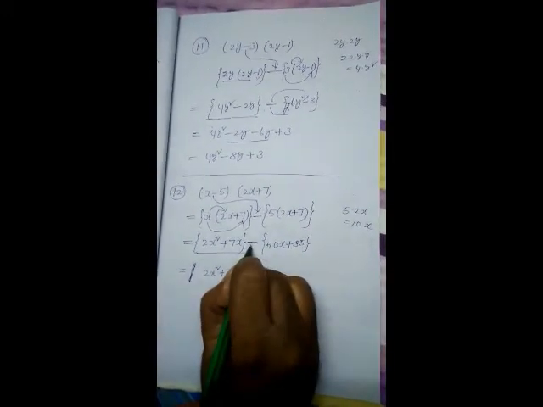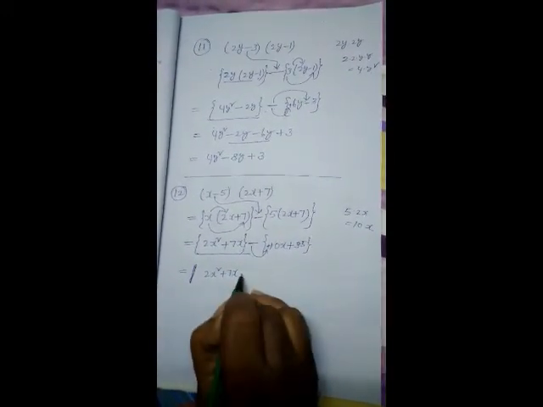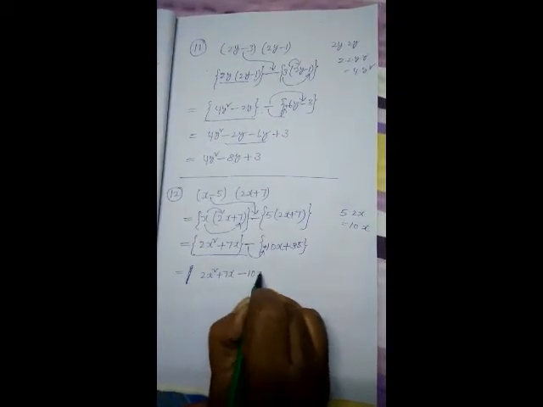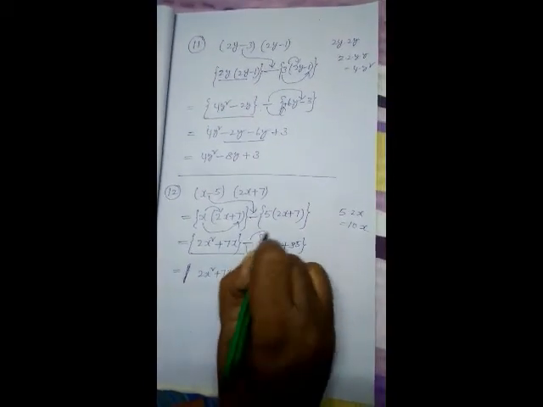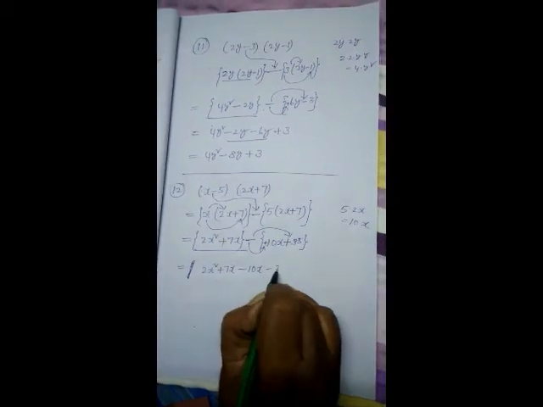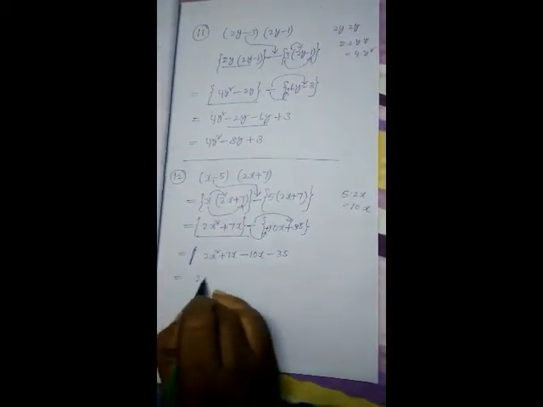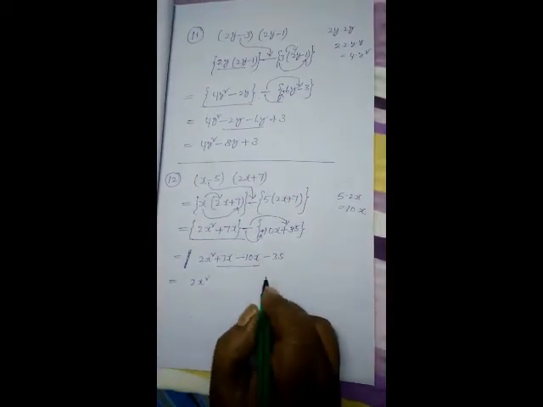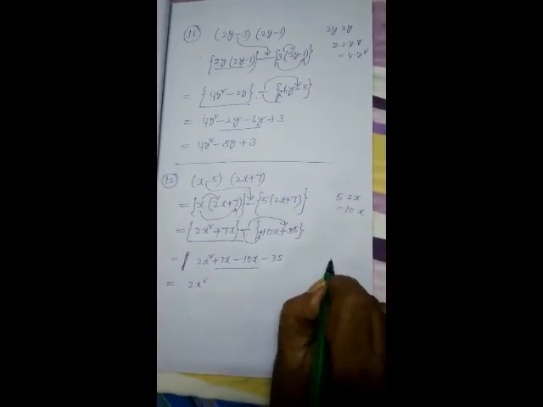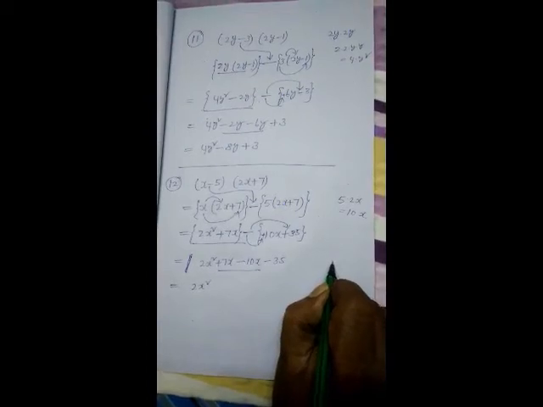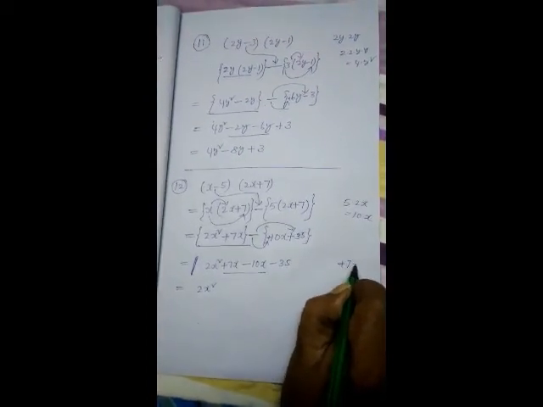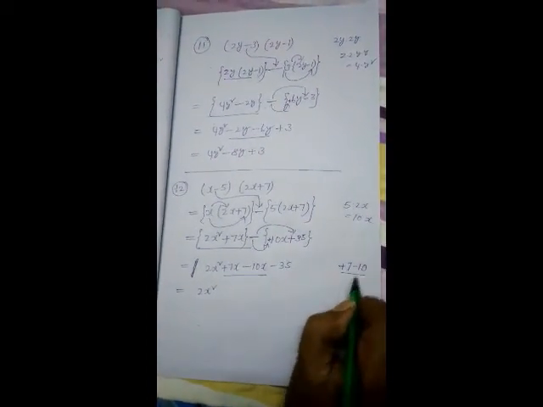Because of this minus, this plus will be minus 10x, and this plus will be minus 35. 2x square plus 7x minus 10x, plus 7 minus 10 is nothing but 7